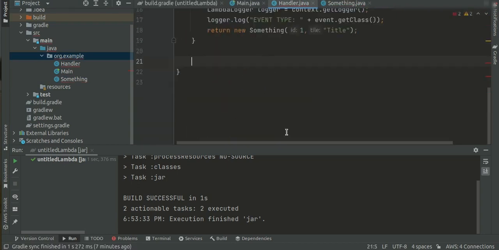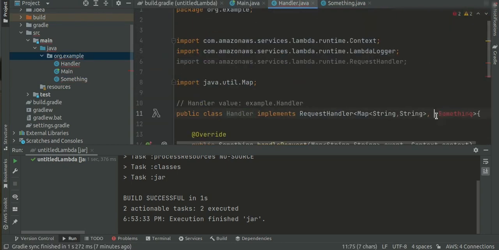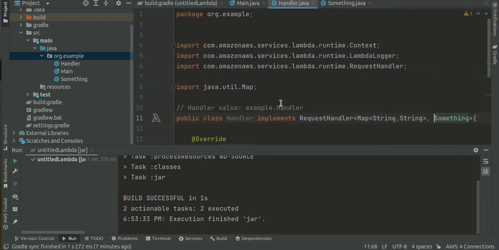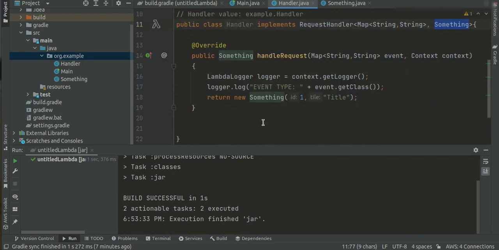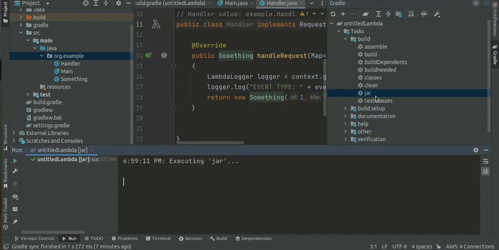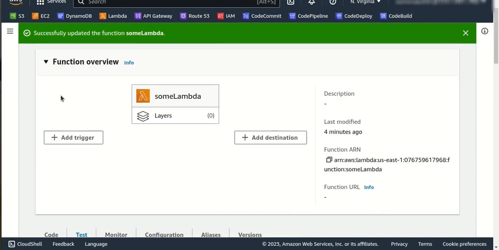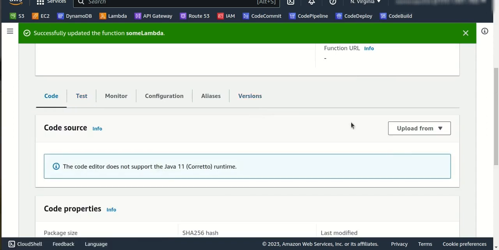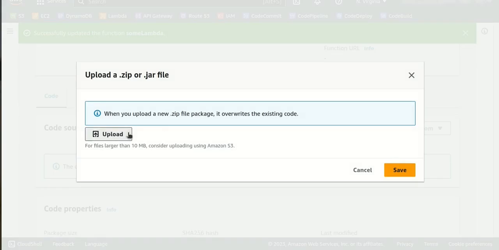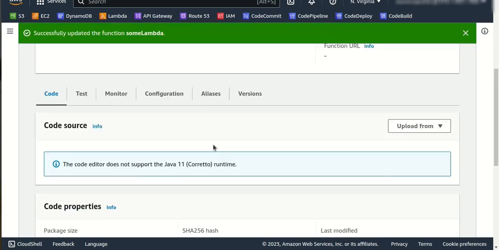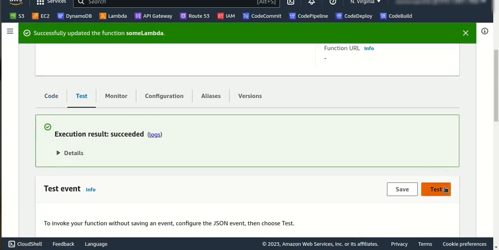Yeah, and this is the output format, and it looks okay. And let's compile the jar and refresh the code. And test the function. Check the result. Yeah, and it returned